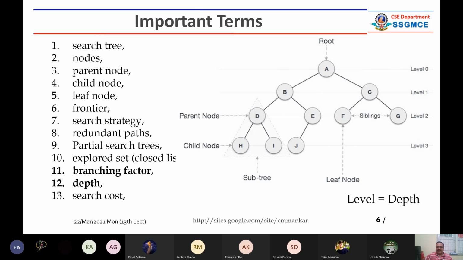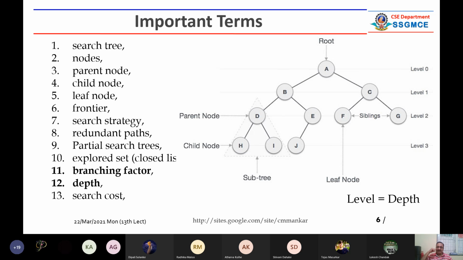On the side there is one diagram: level 0, level 1, level 2, level 3. So the root is there, children are there, again children, grandchildren, and it continues like that. That is called the depth. Depth is equal to 1, 2, 3, 4, which means the level. Level is nothing but the depth of a tree. Suppose someone asks you what is the depth of this tree, you should answer: depth is 3, because the root level is 0, then 1, 2, and the last level is 3.